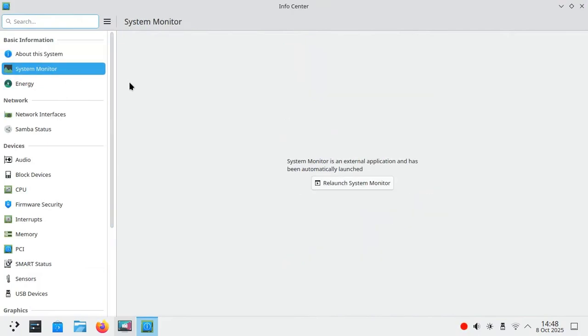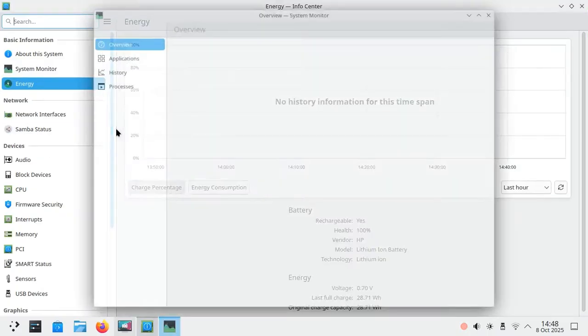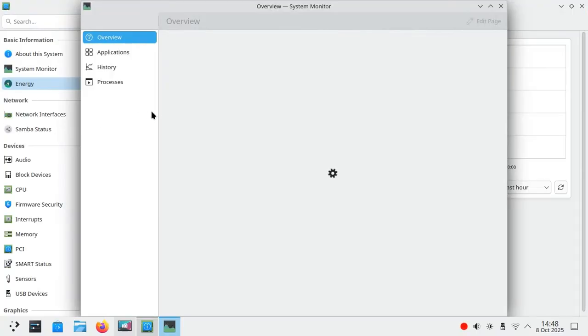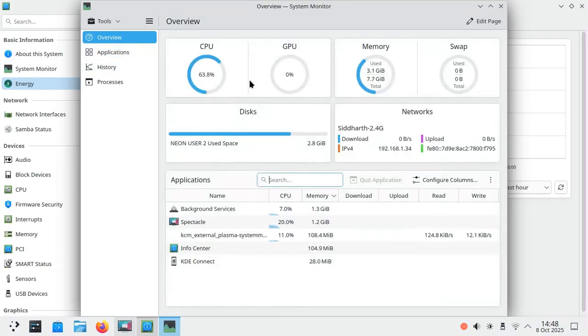KDE is one such organization which came up with the Plasma desktop environment, and Neon is what they call their version of operating system, which has the promise of getting all the KDE software, the latest version of KDE software, absolutely immediately. It will feature the latest of the Plasma environment. So this is for those who want a very beautiful operating system, something which in my opinion is actually more beautiful than Windows. And of course, that comes with a trade-off. So you need a higher